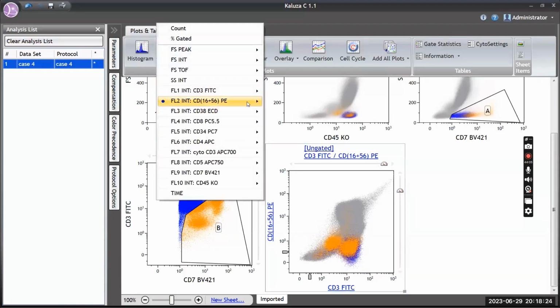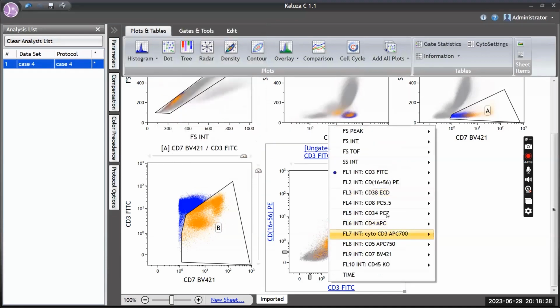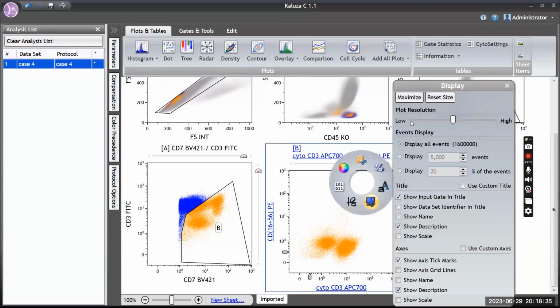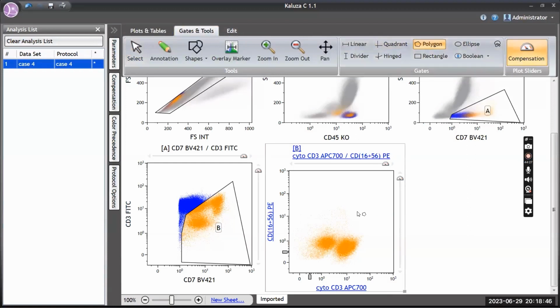Right. Now let's go. So the plan is 1656 versus Cyto CD3. As I said, I'm not finding much of NK cells in this case. But what I do find is two populations. One is negative for 56 and Cyto CD3, and the other is positive for Cyto CD3 and negative for 56. So as I said, I'm more interested in this population because Cyto CD3 is a very specific marker for T cells, and the population which I'm highlighting in red,